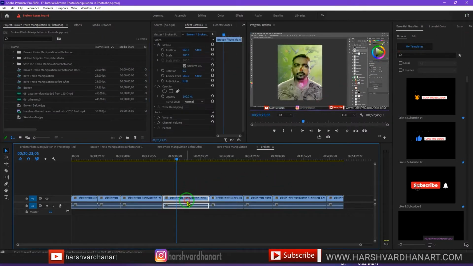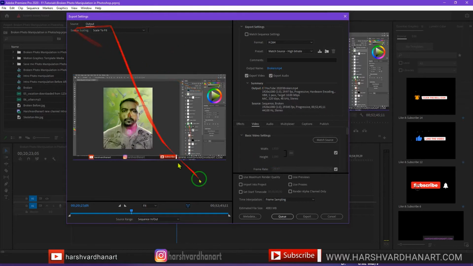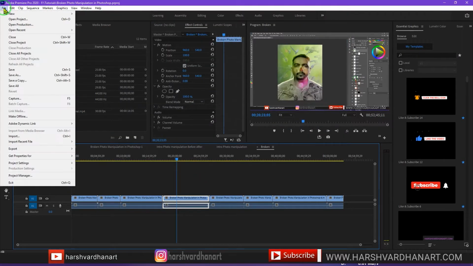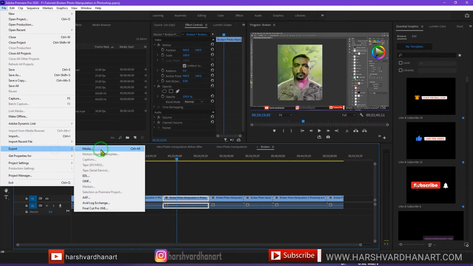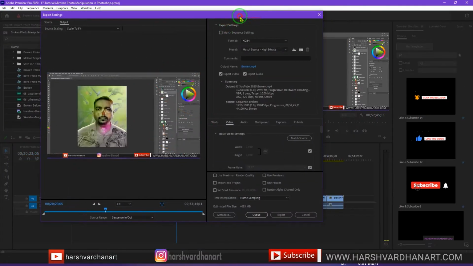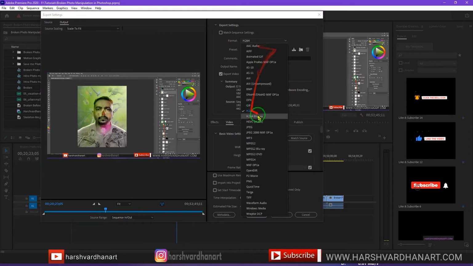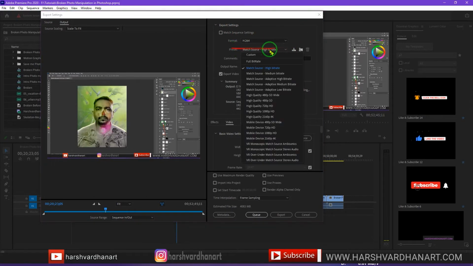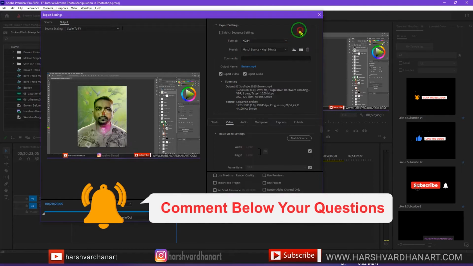Let me first show you what you had to do when exporting a file or sequence from Premiere Pro. You have to just select the sequence, like in this case this one, and if I press Ctrl M or Command M, that would open up the export options. Otherwise you can go to File, select Export, and then Media, or simply press Ctrl or Command M if you are using a Mac, and that gives you the option to decide the settings. H.264 is mostly what people use, and then the default setting, that is Match Source High Bitrate, and you can choose other settings as well.